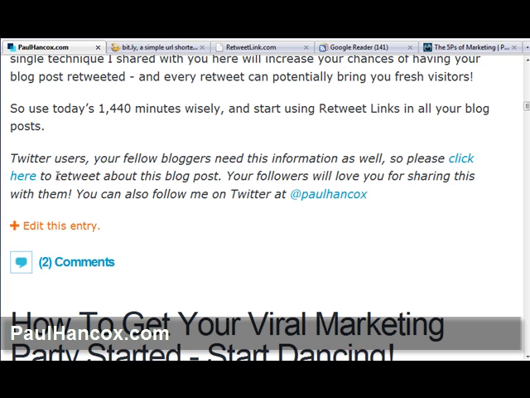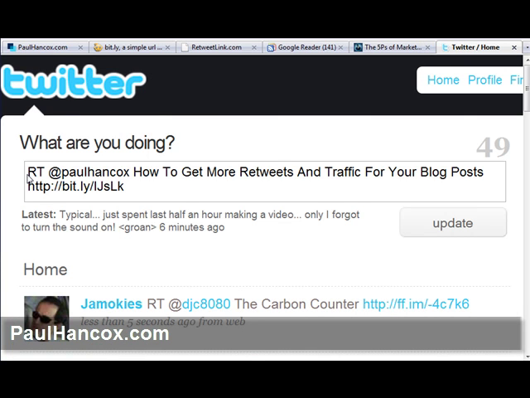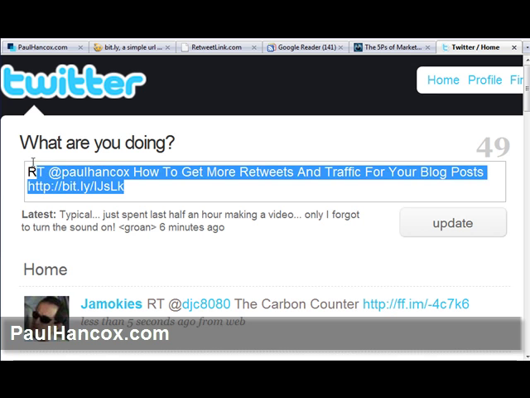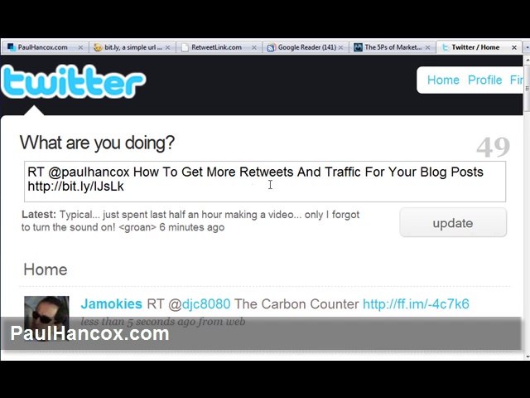Now here's what's cool about this. If they click here, then they'll be taken to Twitter, assuming they're logged into Twitter, and it will automatically post a message into the what are you doing update box or status box. Okay, and then all they need to do is press update, and they've retweeted or tweeted about your blog post